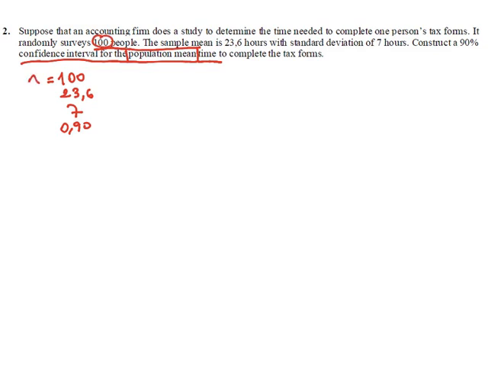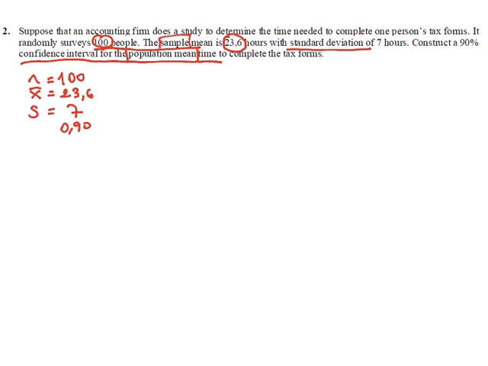Since it says that the sample mean is 23.6, it is x bar, because the sample mean is x bar. What is 7? It says standard deviation of the sample, which means it belongs to the sample, so